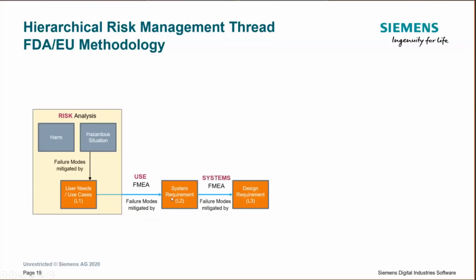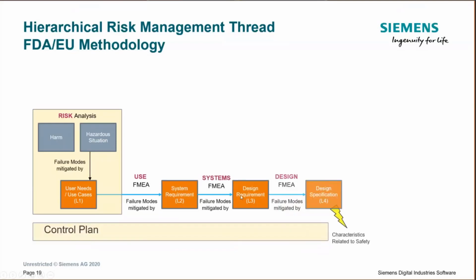So then we reprocess the system requirements to get design requirements through the systems FMEA. The design FMEA then processes the design requirements into the design specifications. In this case, the design specifications would be software specifications, and they'd exist inside the source code typically. And so what we're trying to do is get a traceability up into the risk analysis that shows us why we need this decomposition of